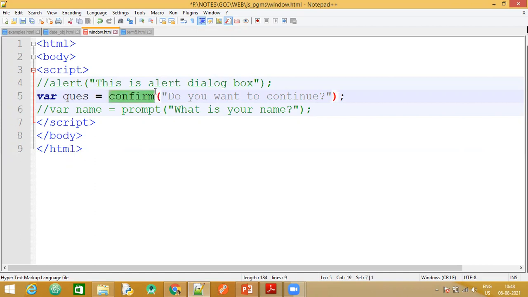This is the method. What I am trying to do is ask the user, do you want to continue? If the user says okay, that particular answer is going to be stored in this variable, followed by his option, what he has given, yes or no. The rest of the code or the rest of the processing for that page can be done. So let's see the output for this.